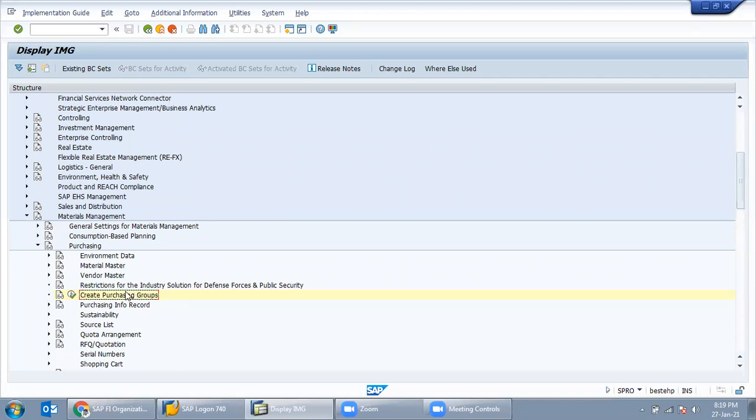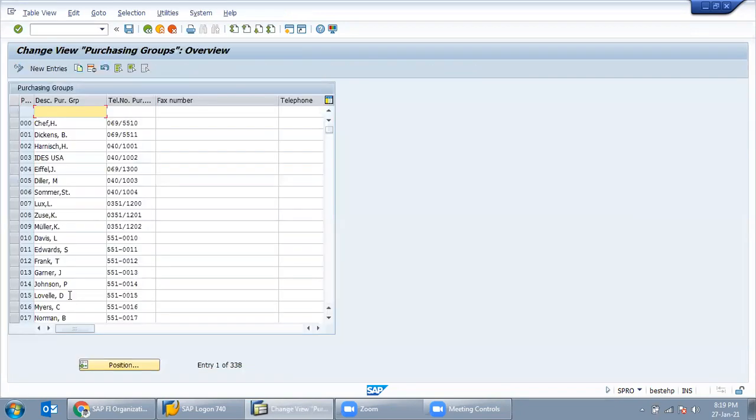So it can be created department-wise or person-wise, so that we can control our report accordingly. Just click on execute. See here, every person has their own purchasing group. So if I create a purchase order, I will put my purchasing group, that is Raj Sharma.